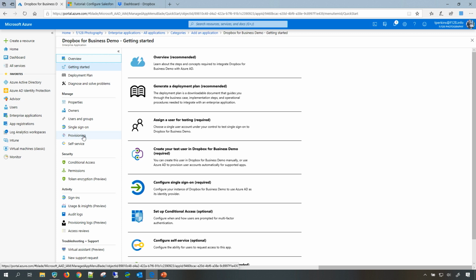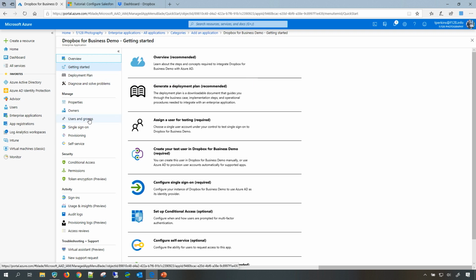If you're migrating your applications from your ADFS or any other provider to Azure Active Directory, then you can enable single sign-on first, test the integration first, and then go for provisioning, because at that time, the identities are already present in your target system. And we will also see a scenario of how you map these particular identities and make sure that your user provisioning is not duplicating the identities, but mapping the right identities into the target system.